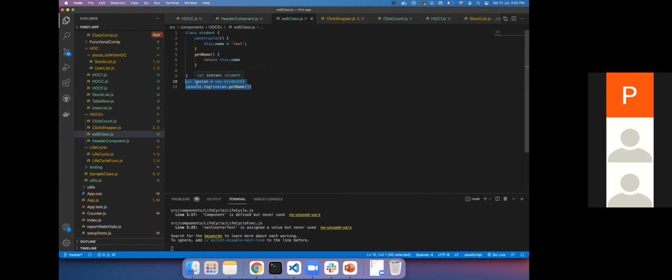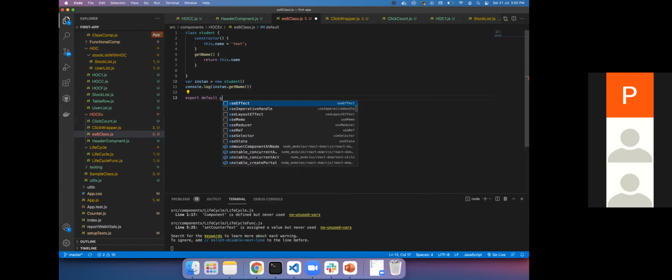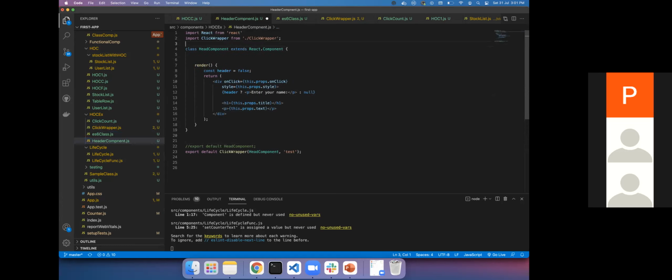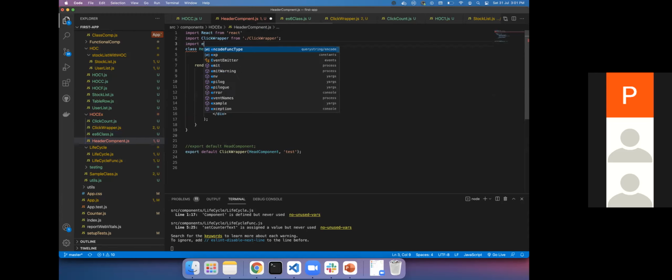But we have to export this. I haven't tried how to export it. I think it should be the same way. I'm not sure. I haven't used export default because without knowing I don't. I'll export the instance. I don't think you can export an instance; can you default export an instance? You can only export a blueprint, right? I'm not sure, I haven't tried this. Let us try. ES6 classes